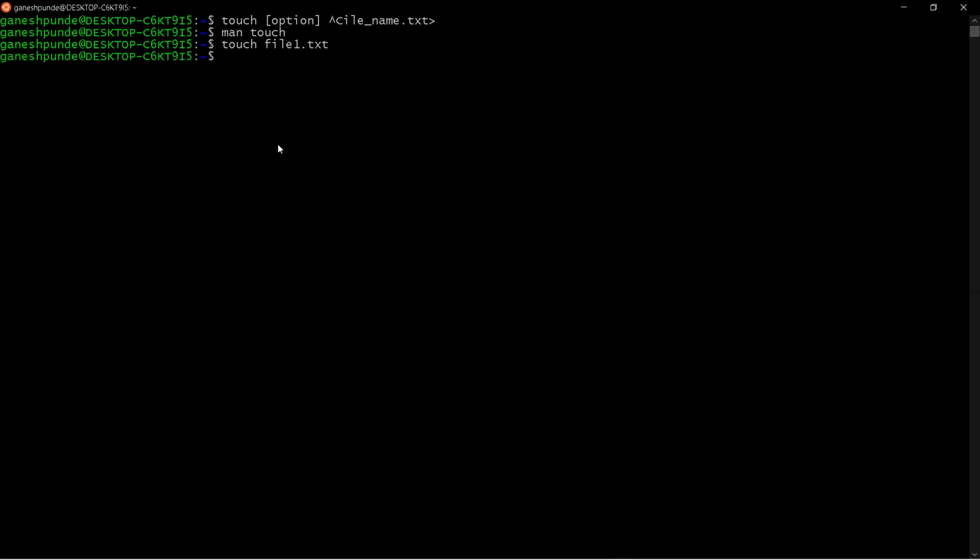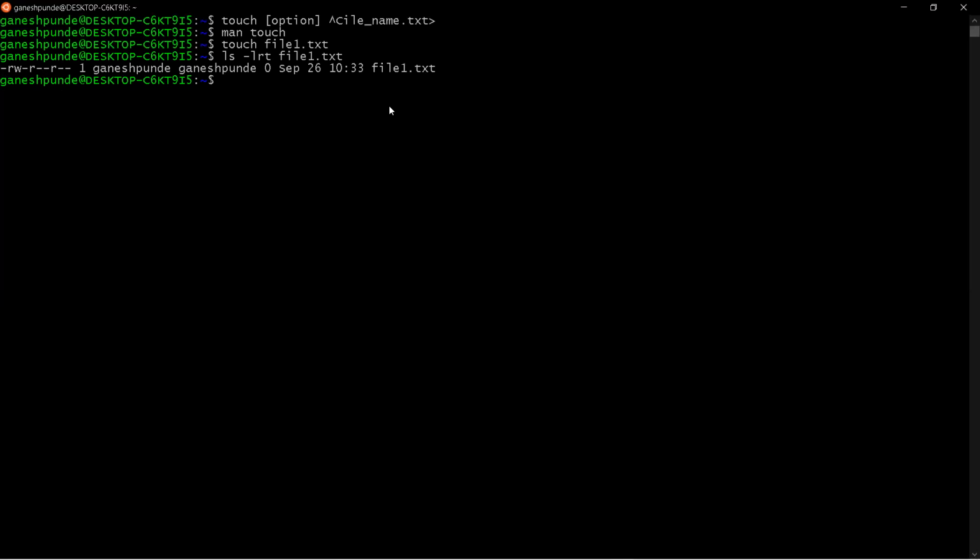You can see there is no error. It means if I want to see the file, I can say ls -lrt file1.txt. You can see this file1.txt is created on 26th at 10:33, and you can see the user permissions, group permissions, and other permissions, and you can see this is a dash. So this is a simple file.